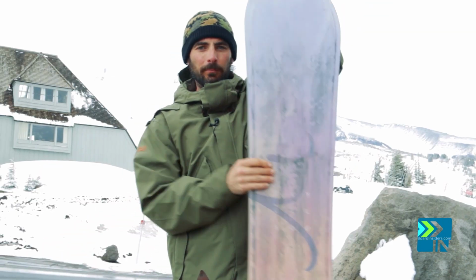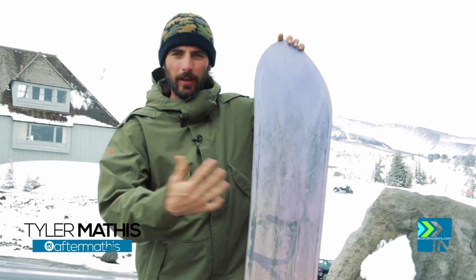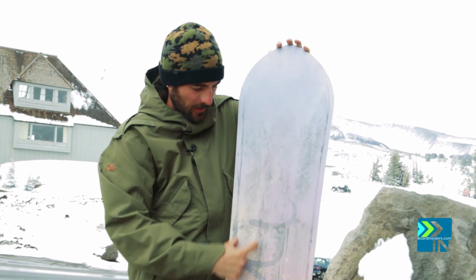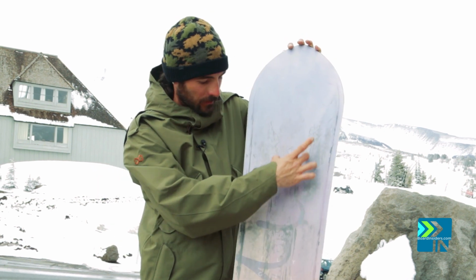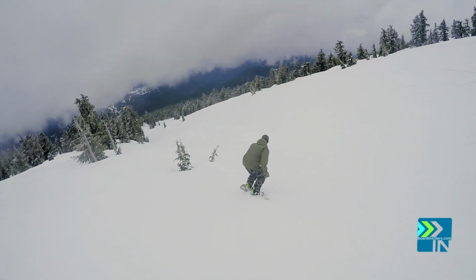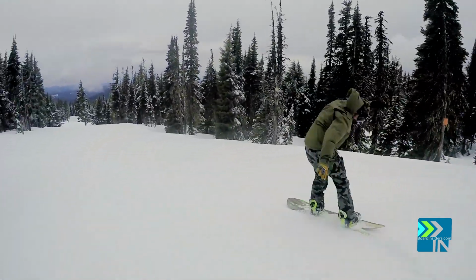Interesting thing about the Gilson boards is this 3D profiling they have on the bottom. They're going off of a little bit of boat hull technology or water dynamics. There's two 3D raised bases right here, kind of like two skis set down underneath the snowboard. So there's this 4-inch channel down the middle of that. What that does is funnel snow down the center of the board for extra lift, and also makes it a 3D base, so you have that catch-free ride